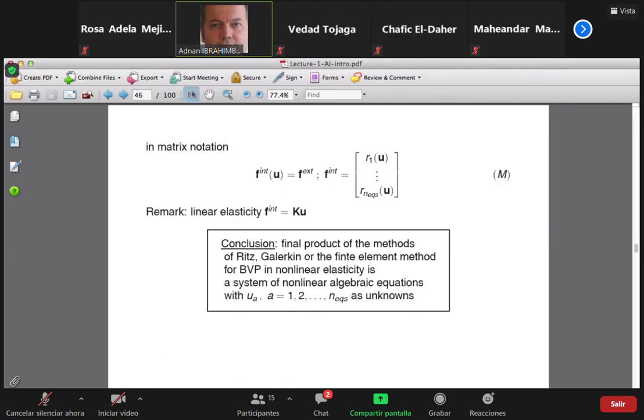In other words, here in the matrix notation, you have all the internal forces matching the external forces. Now, please remark that in linear elasticity, these internal forces are simply the stiffness matrix times the nodal values of the displacement field. So the equations are still the same, either linear or nonlinear elasticity, only that for linear elasticity, these internal forces are proportional to the nodal values of displacement, which is not the case for nonlinear elasticity. But we will show that we can solve the nonlinear elasticity by using